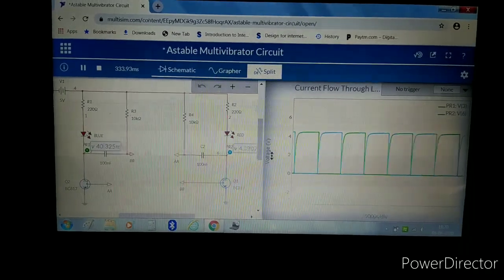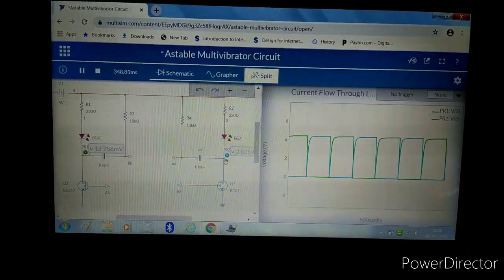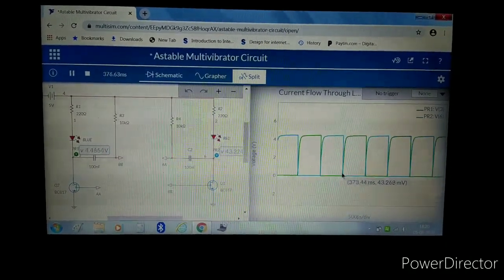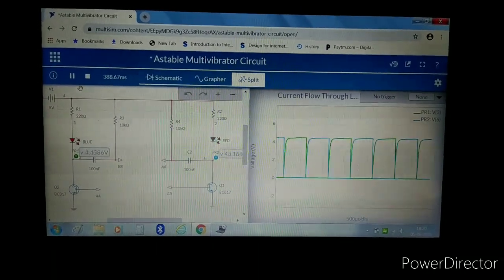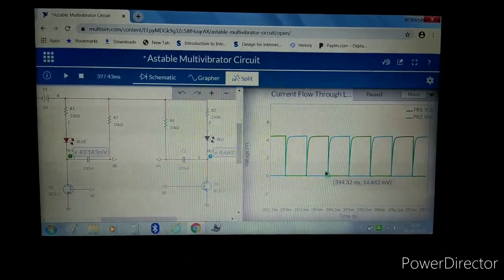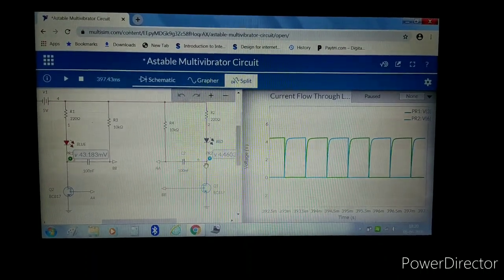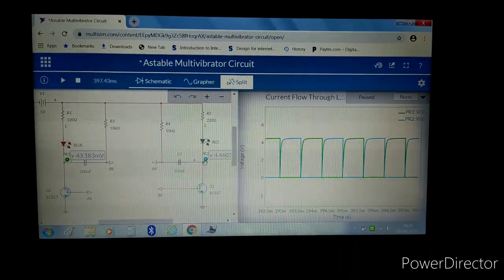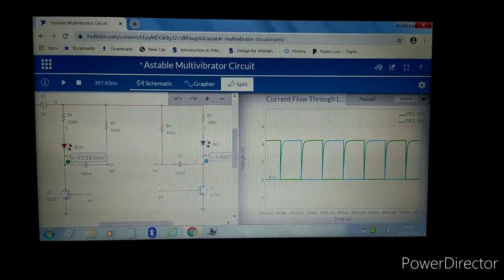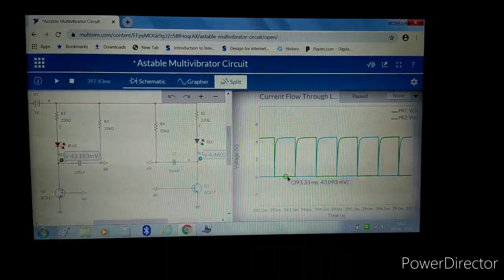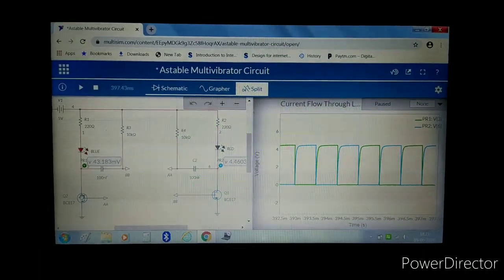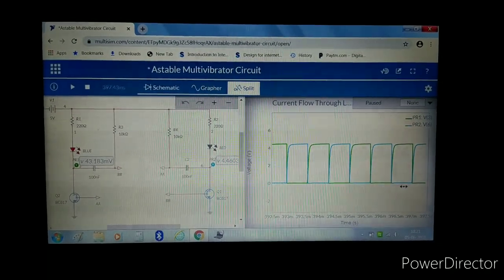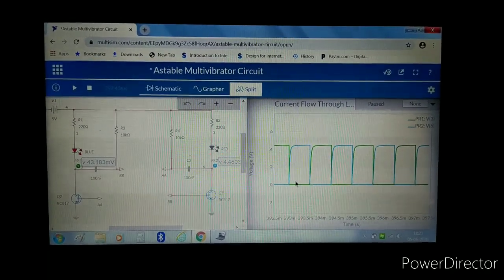Now I will tell you more on this circuit with the help of the grapher present in the simulation. I put probes on both collectors of the transistors. When the C2 capacitor gets charged up to 0.7 volt through the path R4, C2, Q1, and the C2 voltage goes above 0.7 volt, it will trigger Q2 transistor, and when the Q2 transistor gets on, the blue LED will glow. Similarly, another capacitor gets charged up to 0.7 volt, which will trigger Q1 transistor, and the red LED will glow.